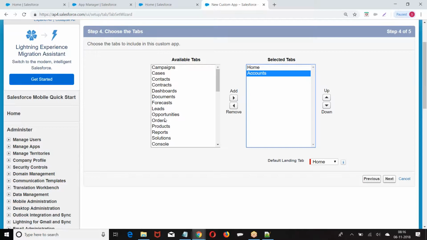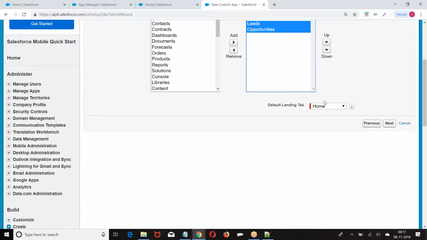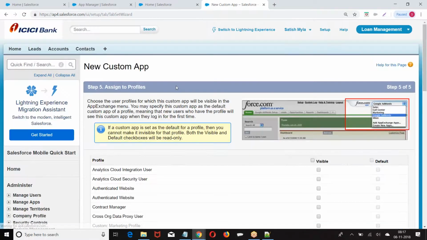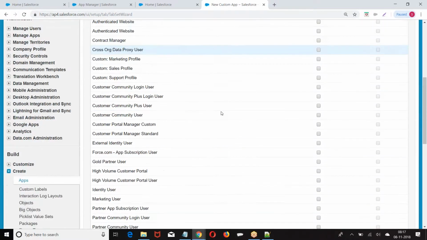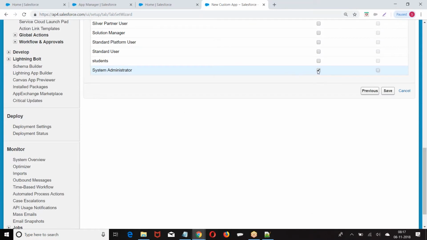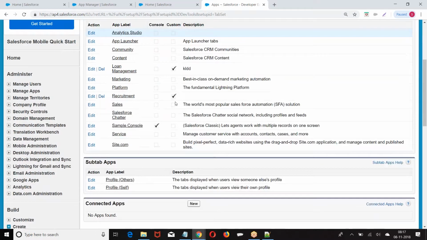Right now, based on the availability of tabs I'm selecting, later on we can add and remove some of them. Default landing tab: when I open the application, whose data should be on the first page. Next, who can see this application? Specify who can see this.